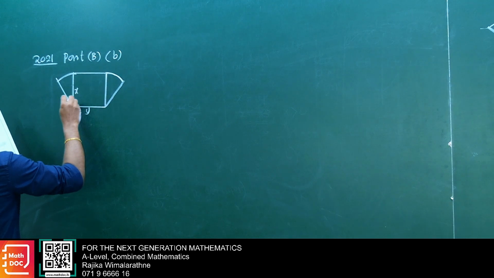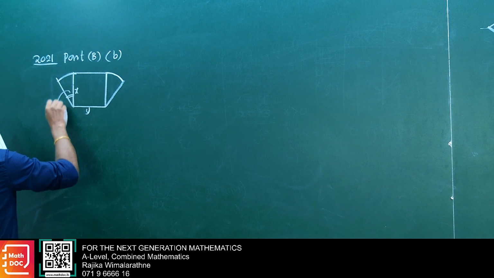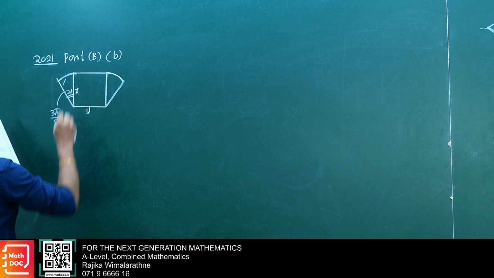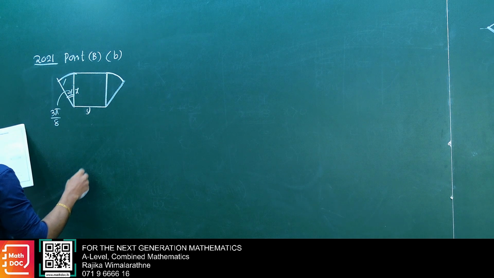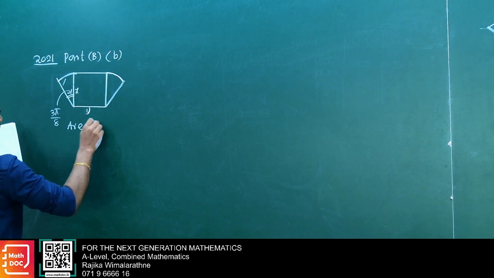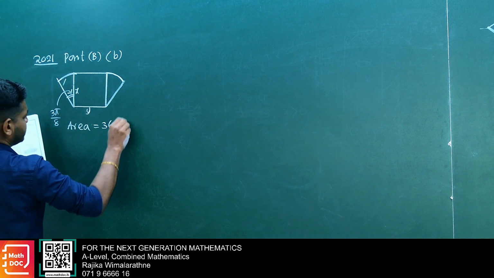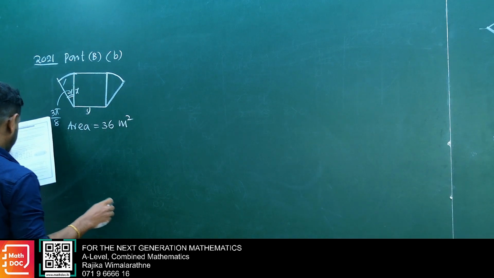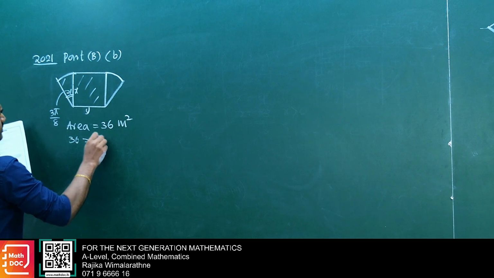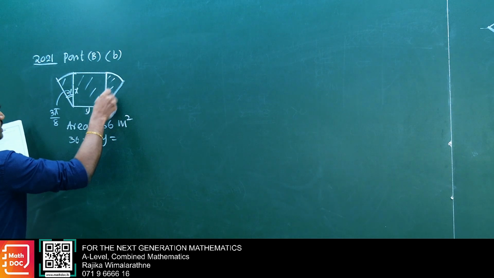X and Y are all given, the angle is 3 pi over 8, and the area is 36 square meters. Then 36 equals the rectangle xy plus the sectors, two sectors,